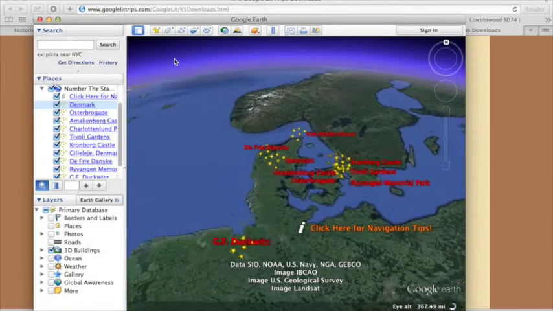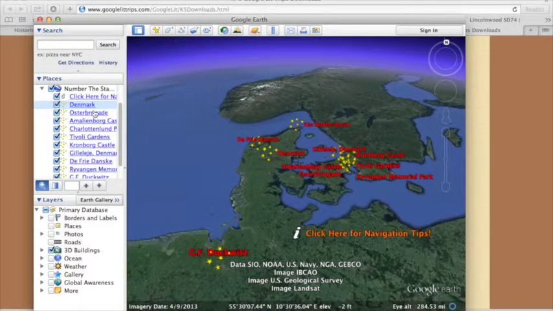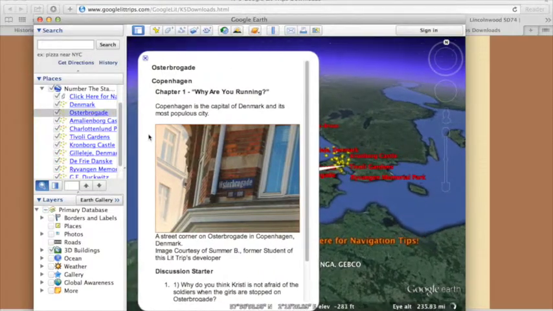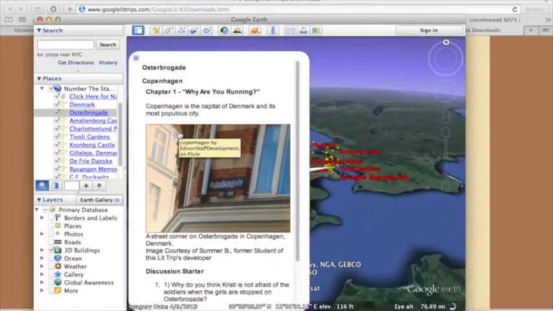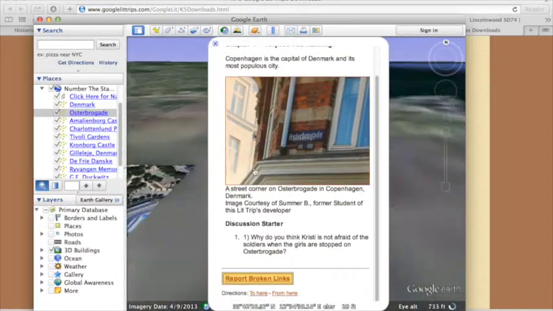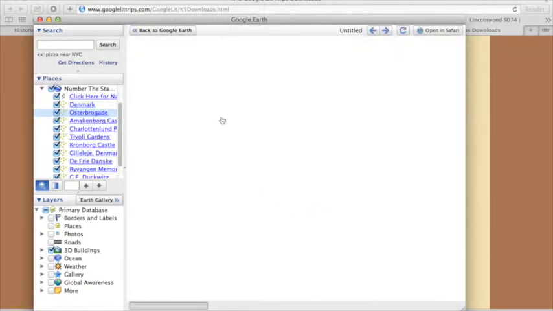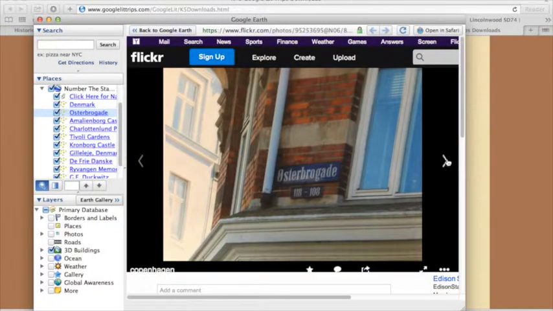We'll go to the first stop here. My Danish is not very good, so I'm not going to attempt to pronounce it. But we'll click on that, and that'll start zooming us in. You'll notice there's this picture right here and a discussion starter about how Christy, the main character, has an interaction with the soldier. So if we click that picture, it'll take us to a Flickr page that's been linked, and